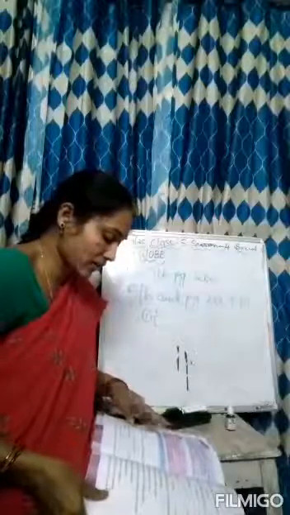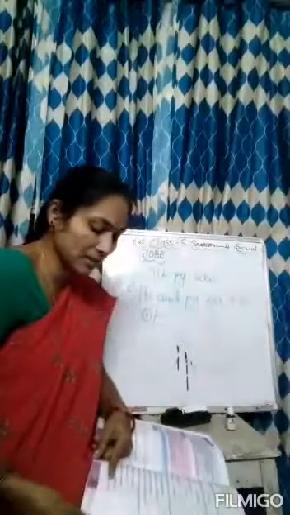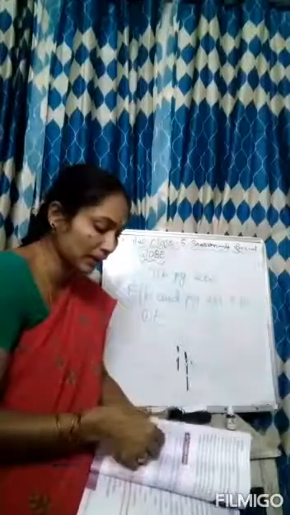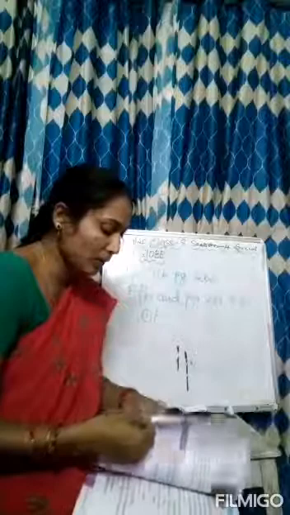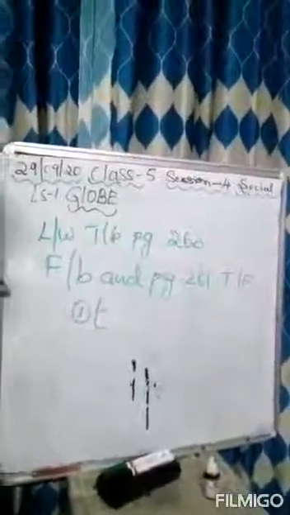In the next session we'll write the question answers. We have finished the A bit, B bit and C bit. We have only 4 question answers that we'll be writing in the next session. So by this we'll be completing our lesson. This is your homework, children. Copy down. Learn and write. Textbook page number 260, fill in the blanks, and page number 261, true or false. One time. Thank you.